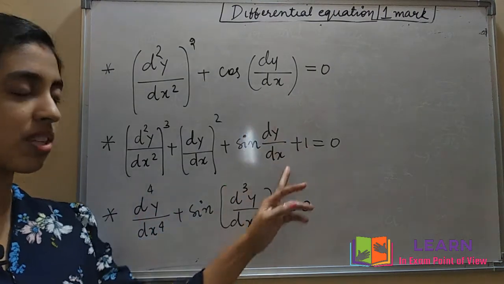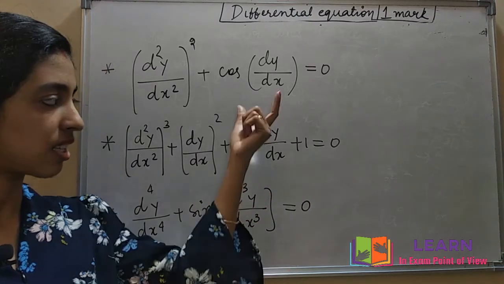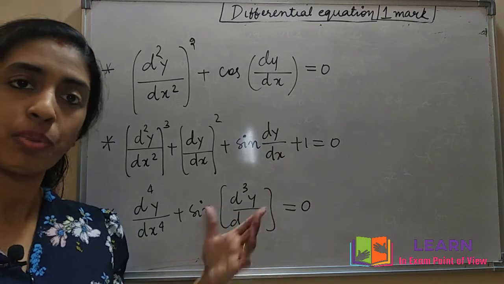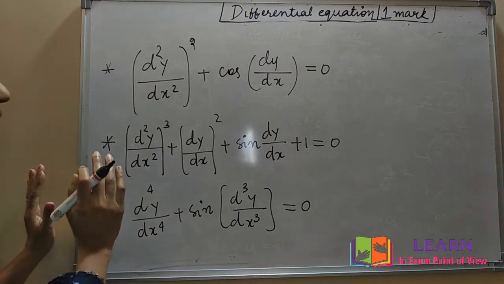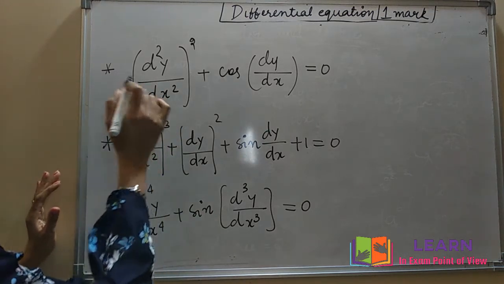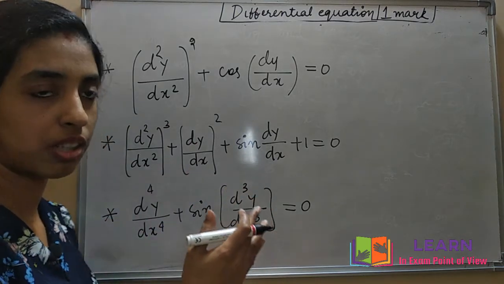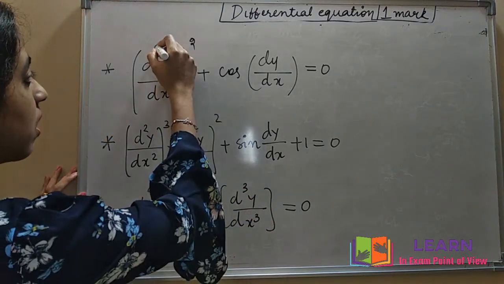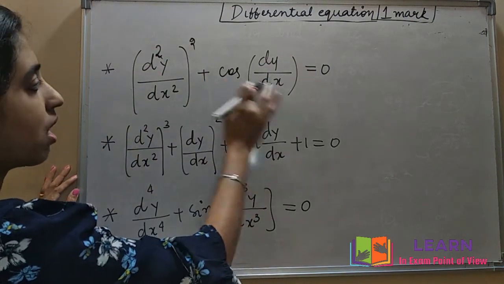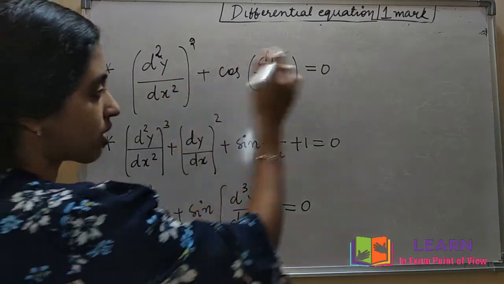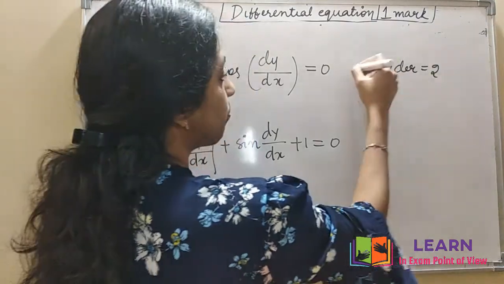So here I have written 3 questions. To find the degree and order, these types of questions are asked in previous year question papers. Okay. So here for order we can see which is the highest order derivative, whether it is first order, second order, third order, like that. Here it is d square y by dx square and dy by dx. So this is second order, this is first order. So the highest order is what? In this case, order is 2.